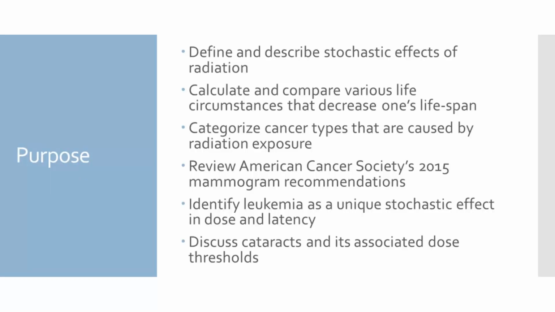In this video, we will define and describe stochastic effects of radiation. We will calculate and compare various life circumstances that decrease one's lifespan in order to ascertain our risk as radiation workers. We will then categorize cancer types that are caused by radiation exposure, including lung, liver, thyroid, breast, bone, and